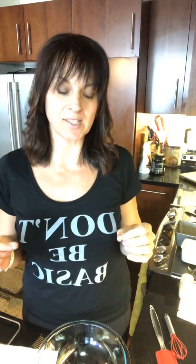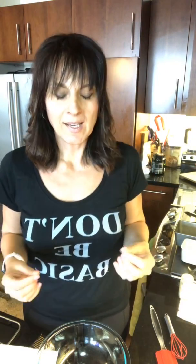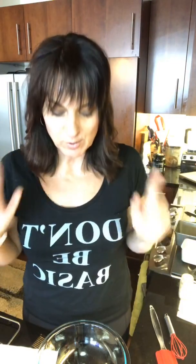So for me to stay on track with my eating and my healthy lifestyle, I'm a sweet tooth girl. I need something sweet or something that tastes good to me for me to be successful. So with all these plans that I do, that is the beauty of them. They allow you to eat the good stuff too. So I always make sure I have like one thing per day that I can have that feels like a